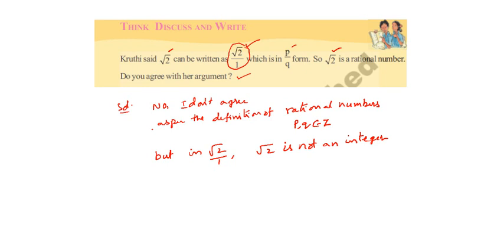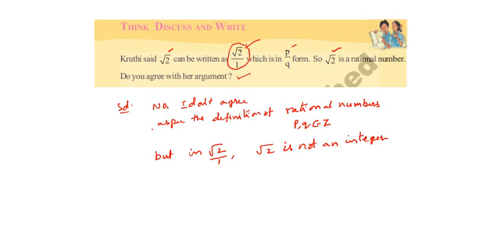Okay. Thank you. Next, we will meet at another topic in the next class. In the previous class, we discussed rational numbers. In this class, we discussed irrational numbers. The union of rational and irrational numbers is called real numbers. These are possible to plot on the number line. The rationals we already know how to plot, and in the next class we will see how to plot the irrationals on the number line.